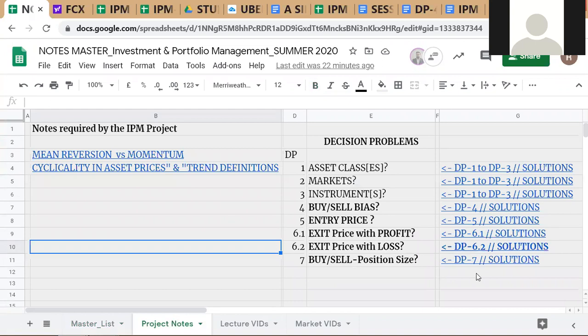And these are the decision problems. That is, how do I solve the buy-sell? What should be my buy-sell bias? What should be my entry price, exit at profit, exit with loss, etc. Position size. How do I solve each of these decision problems? And that's where first we listed out the decision problems, and we're going through all of those. And then right now we're at the discussion of DP4, buy-sell bias, where we had a lot of extensive discussions. And then under that, we discussed the,